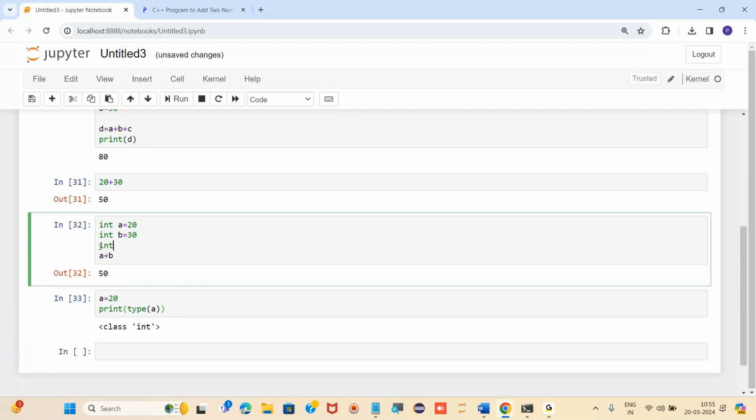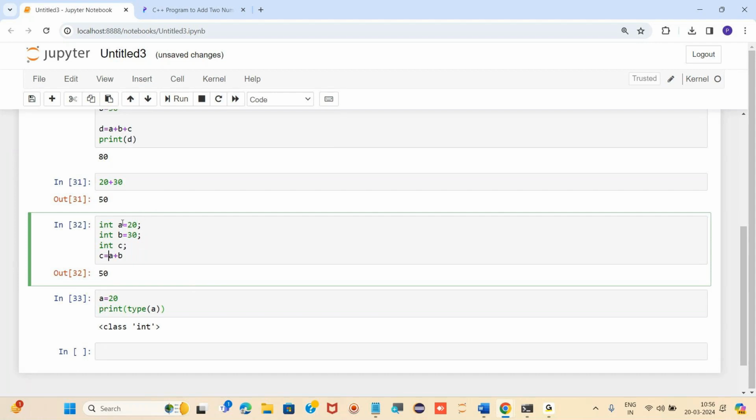If I'm using any other programming language like C++, I have to write like this: int a is equals to 20, semicolon, int b is equals to 30, semicolon, and int c. And to store this, c is equals to a plus b.